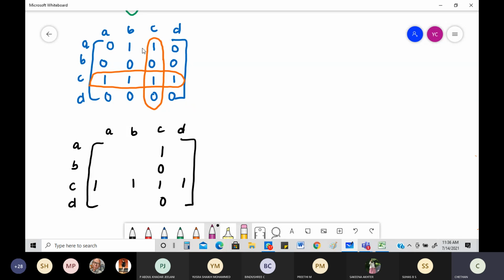All other things I need to figure out now. Let me figure out all the values that are possible. I think you get a lot of values here. One by one we'll figure out each and everything. Let me write C comma A is equal to 1. Look into this. Only with regard to the third row and third column I have to do, nothing else. C comma A is equal to 1. Yes.